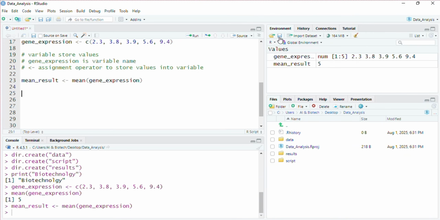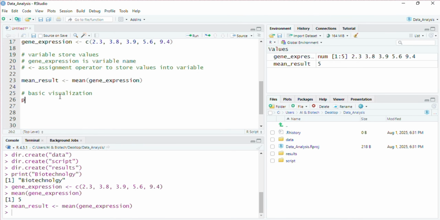So what is the difference? The difference is only one thing. When you create a variable, you can save this output for later use in your local system, but the results in the console, you cannot save.